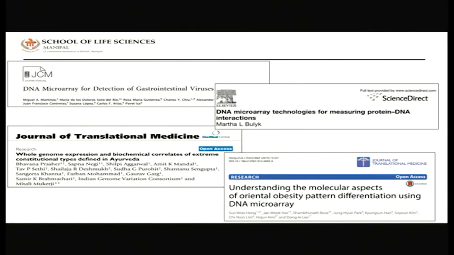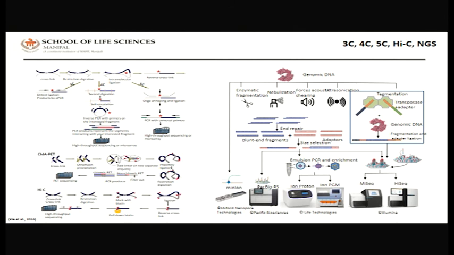And this has been quite popular, to an extent that most of the SNP, or single nucleotide polymorphism, studies were done using million-sequence DNA chips, and genome association studies and Hardy-Weinberg concepts have been derived from studies done through genome-wide analysis using microarray chips. There are some examples which I have tried to quote, but I will skip them because of the lack of time. And then there is a series of other genome analyses referred to as 3C, 4C,